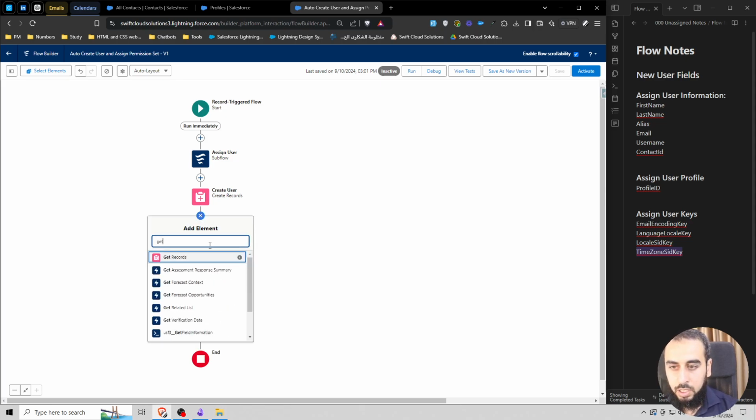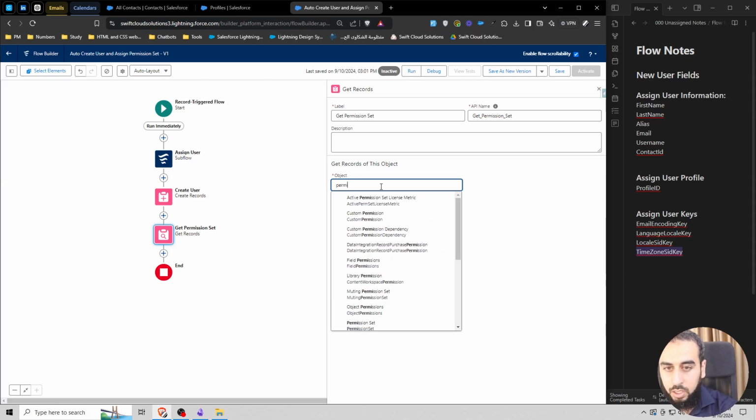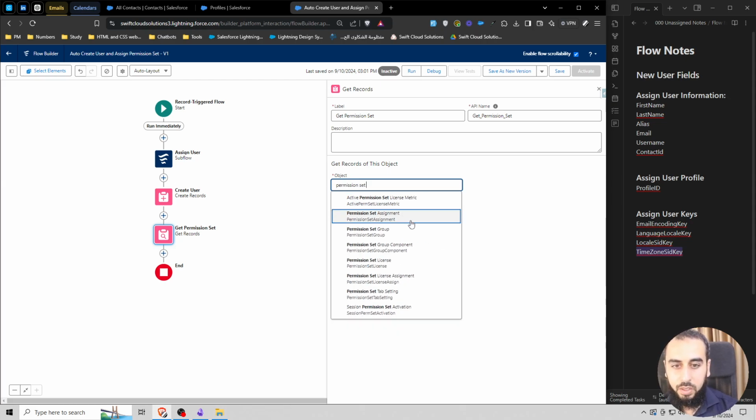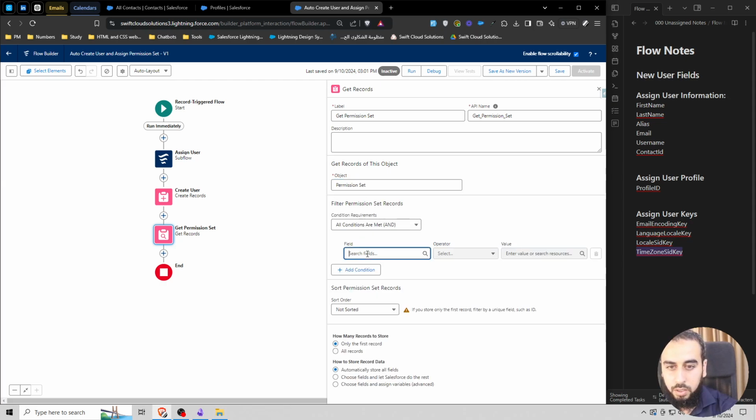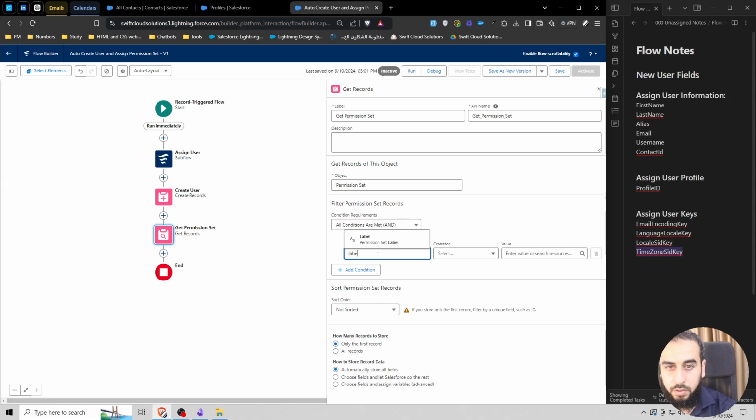So let's get permission set, because when we create the permission set assignment, I'll show you in a second, we don't want to hard code the permission set ID. We need it to be dynamic, similar to how we got the profile. So we need to get a permission set where name is, is there a label? There is a label. Let's go with name,